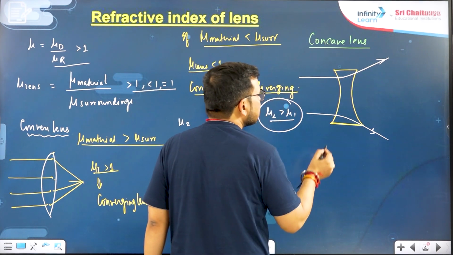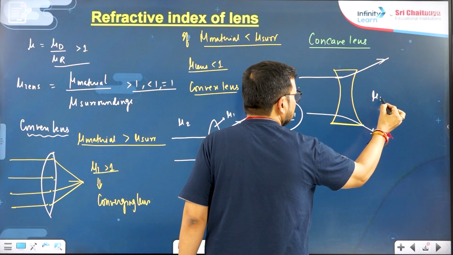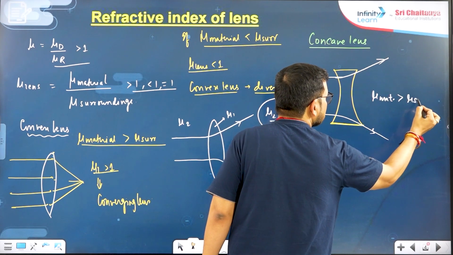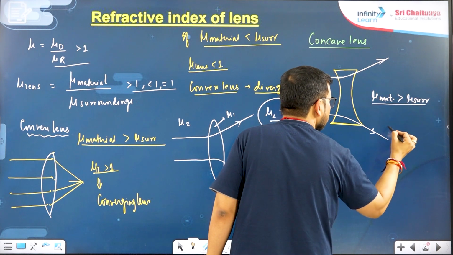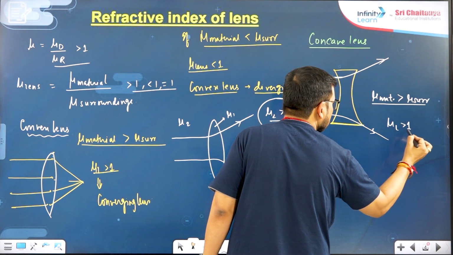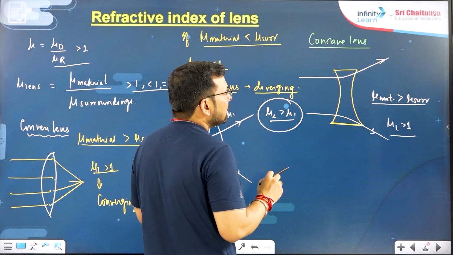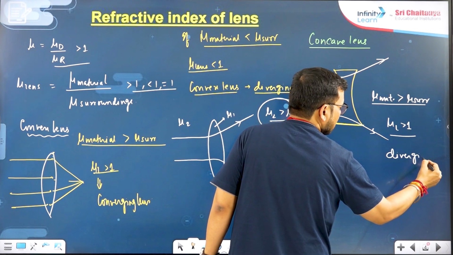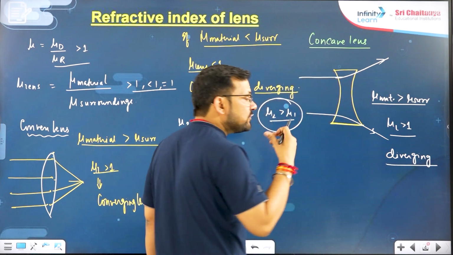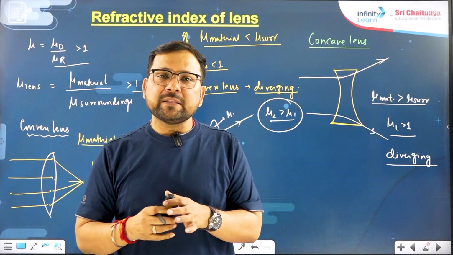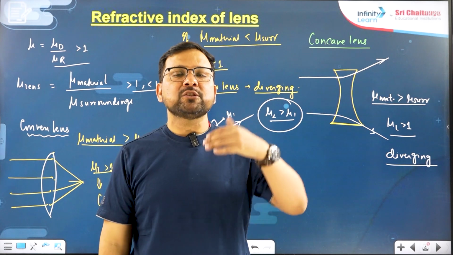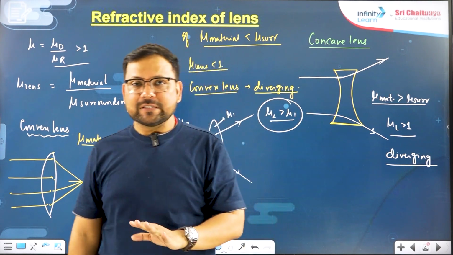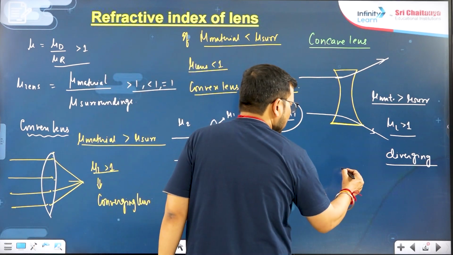In that case, what happens? If mu of material is greater than mu of surrounding, or mu of lens is greater than 1, if that condition is obeyed, then the concave lens becomes diverging. So when is the concave diverging? When mu of the material of the lens is more, it's denser. And in that same case, if it is convex, that will be converging. But if you have a concave lens,